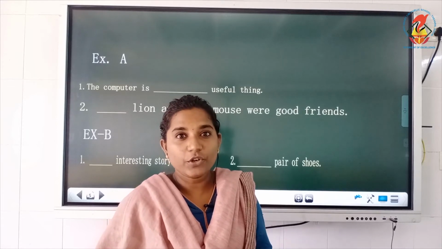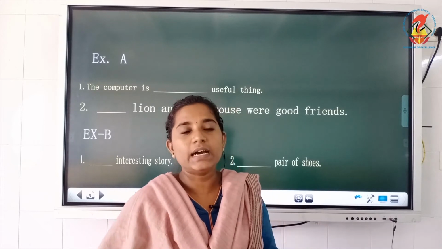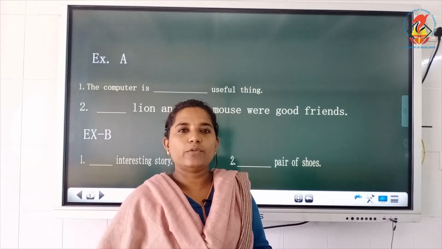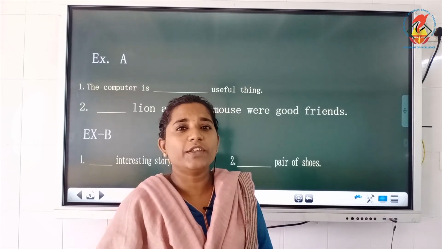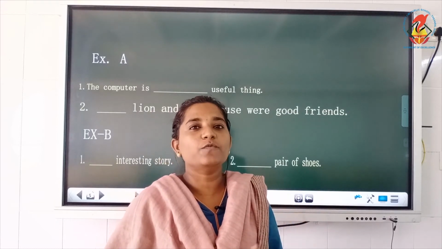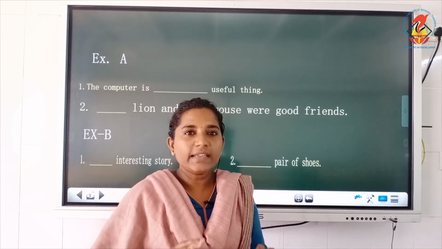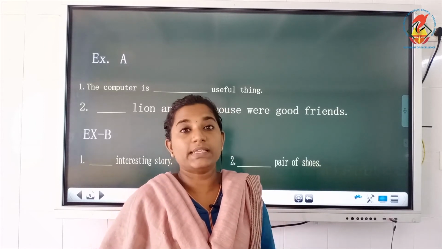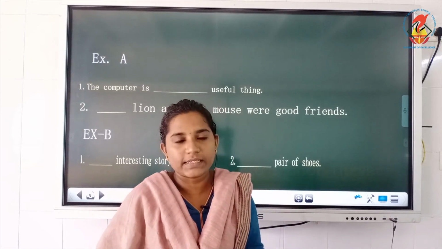University. Unicorn. Uniform. All these begin with a vowel letter but do not have a vowel sound. So we cannot use an before these kinds of words. You should be very careful when you use article a and an. A is used before singular nouns and before the consonant sound. An is used before singular nouns and also before vowel sounds. Okay, you should be very careful. An is used before vowel sounds, not letters.